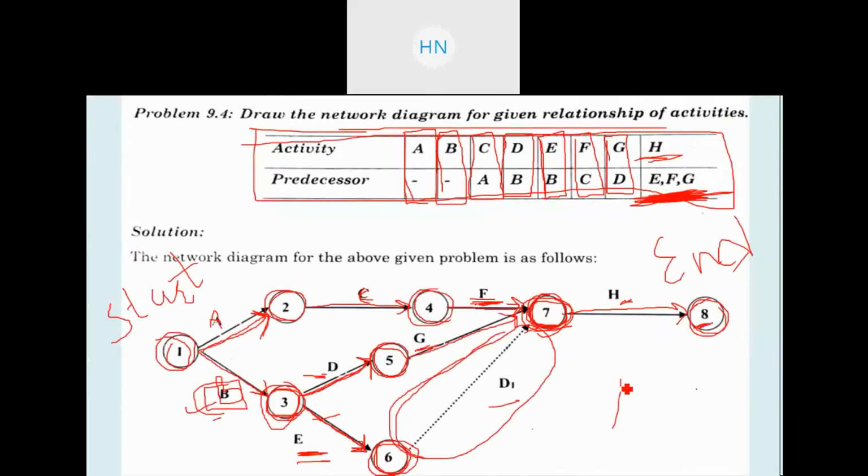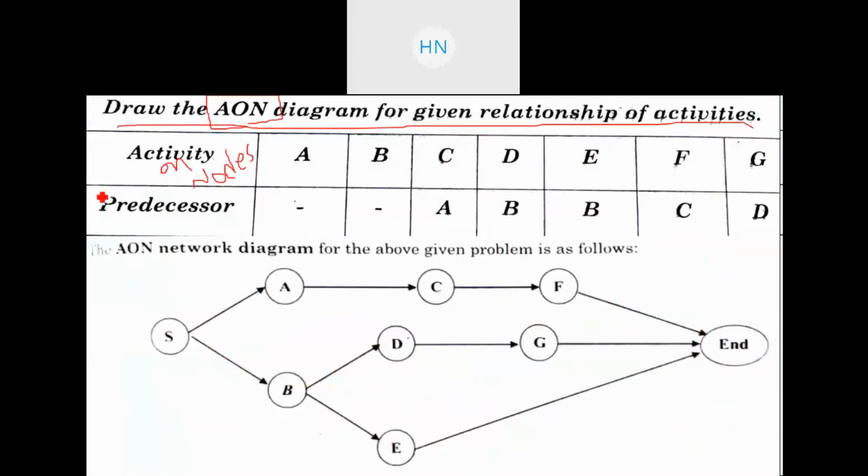Here, if we are making an AOA diagram, that is activity on arrows, we write the activities on the arrows, right? Here you can see F, G, C, A, B; we are writing them on arrows. But in this problem you need to develop the activity on node. In nodes, where we write the event number, you are required to write down the activity. Basically this is to understand the difference between AOA, activity on arrow, and activity on node diagram. To understand that difference, I am explaining this to you.